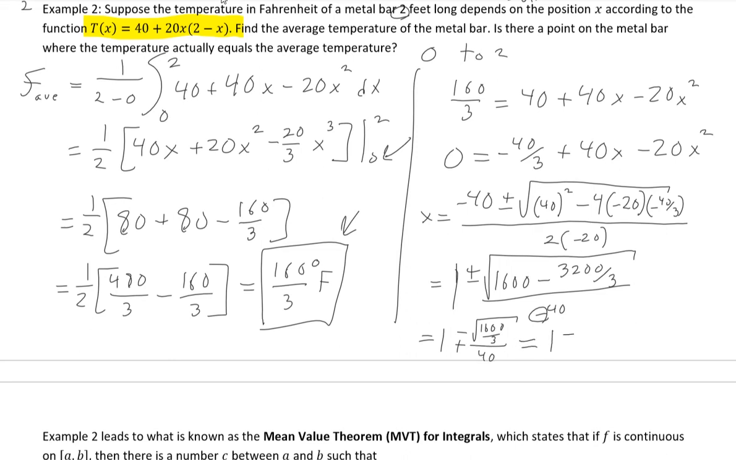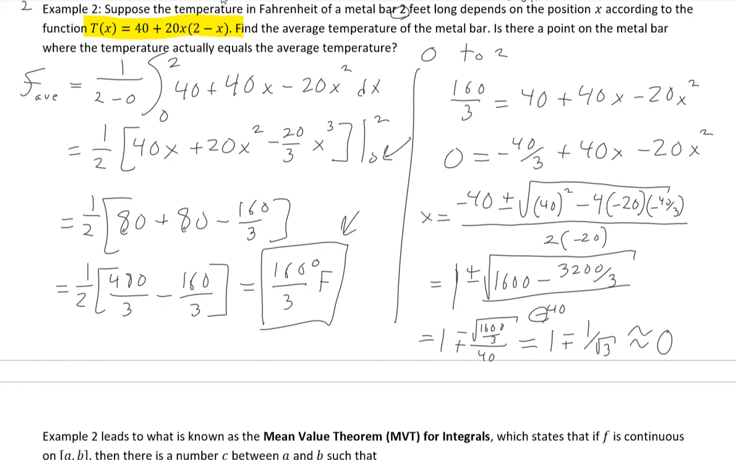So 1 minus plus. We know the square root of 1600 is 40, so that's 40 on 40 will cancel out. So that actually just gives us 1 over root 3. So if I do 1 minus 1 over root 3, we can approximate these now to get 2 different answers. 1 minus 1 divided by root 3